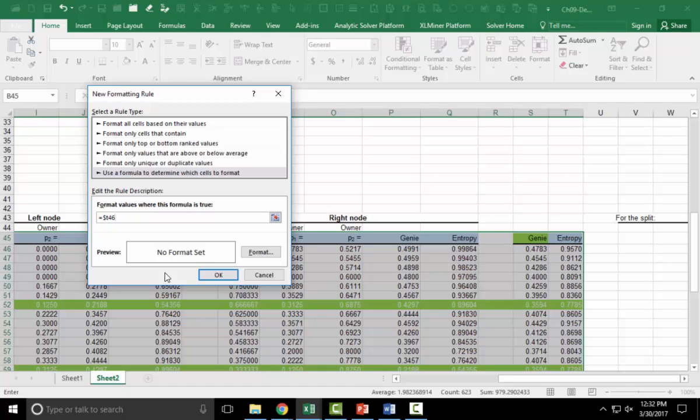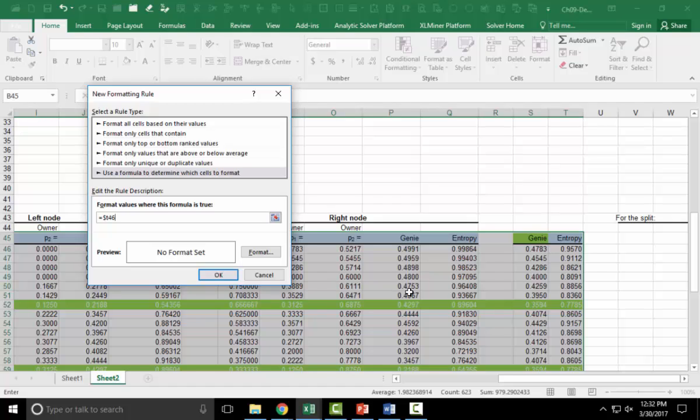If you don't have any $ signs at all, as the conditional formatting moves through the entire range, every time it'll check that particular cell. Like it'll check P sub 2 value here, P sub 2 value here, and Gini value here, and so on. But you don't want that. You want the values to be checked only here for selecting the